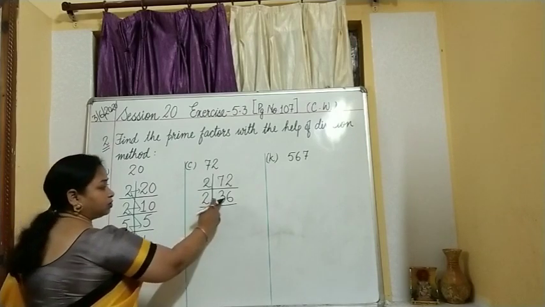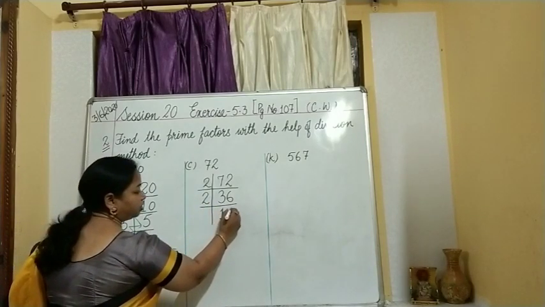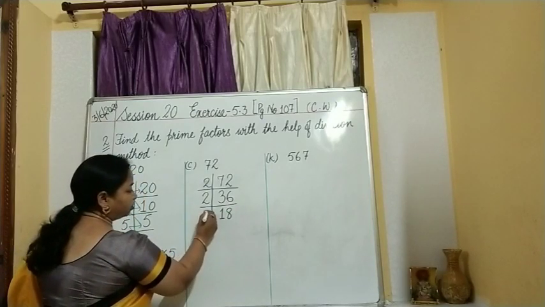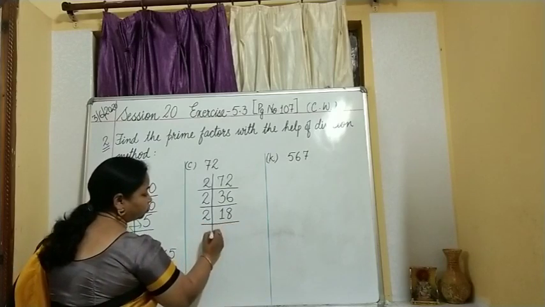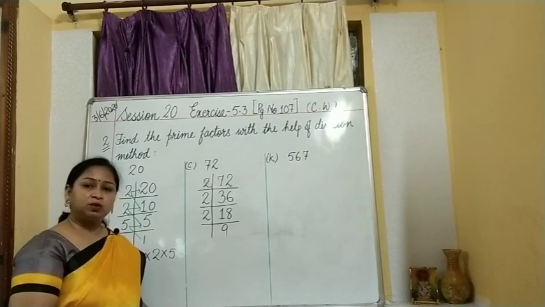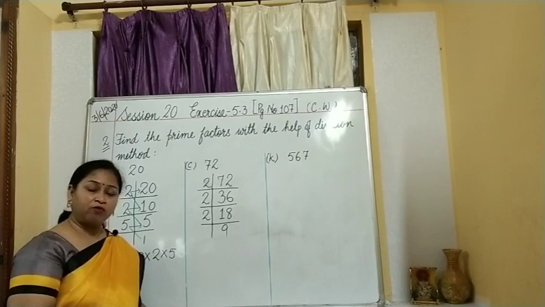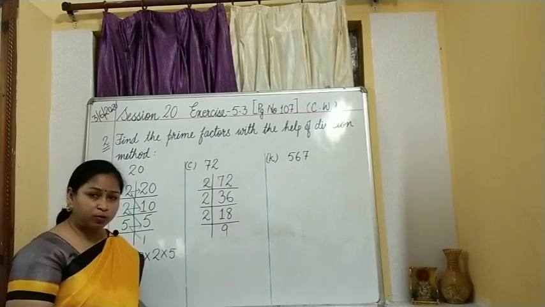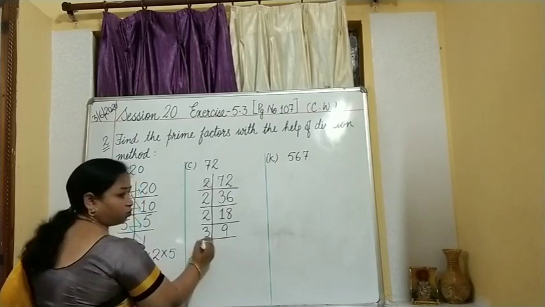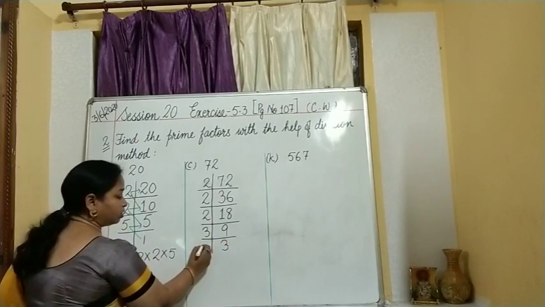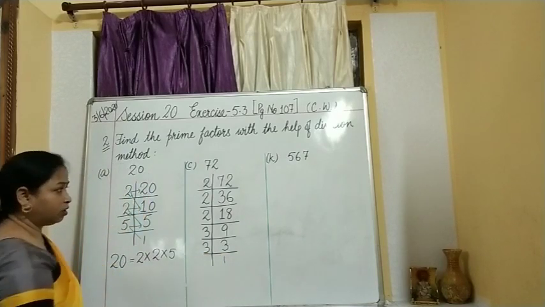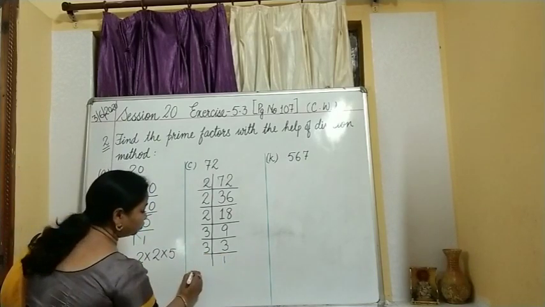Okay. 36 divided by 2, what will you get? 18 2s are 36, isn't it? So we have got 18. 8 is appearing here, that means we can still divide it by 2. So 2 9s are 18. Now tell me, 9, is it divisible by 2? No. So what do we have to do now? We will move to the next prime number, that is 3. So 9 divided by 3, what will you get? 3. And 3 itself is a prime number, so it will be divided by itself and what will you get? 1. So what are the prime factors for 72?